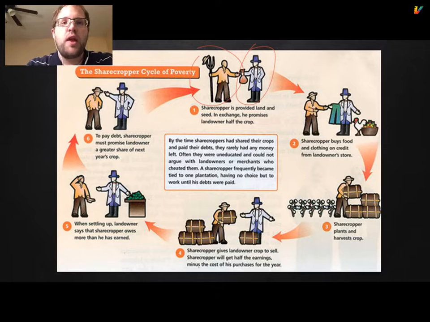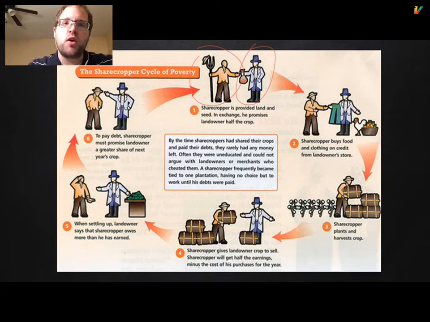I need a job. And the rich guy is going to say, okay, we can do that. I'll give you land. I'll give you seeds for the land. I'll give you animals and tools, everything you need, right? And in exchange, when everything is said and done at the end of the year, we will split the profit for the crops 50-50. But that never actually happened, because the next thing that would happen is the rich guy